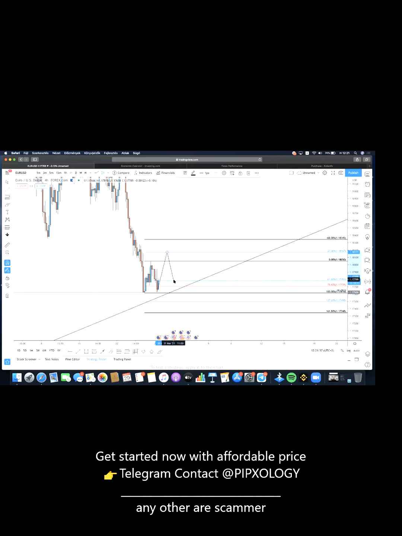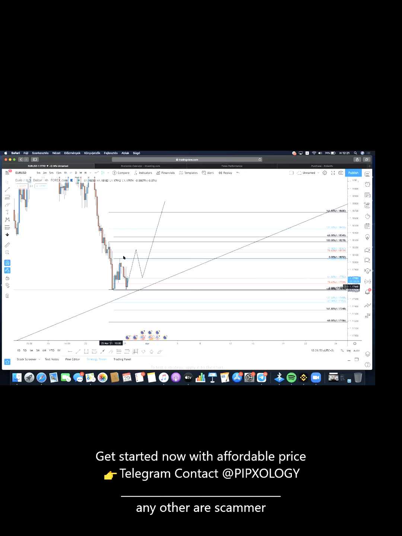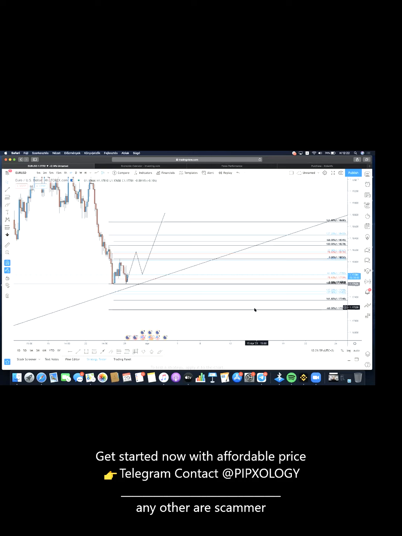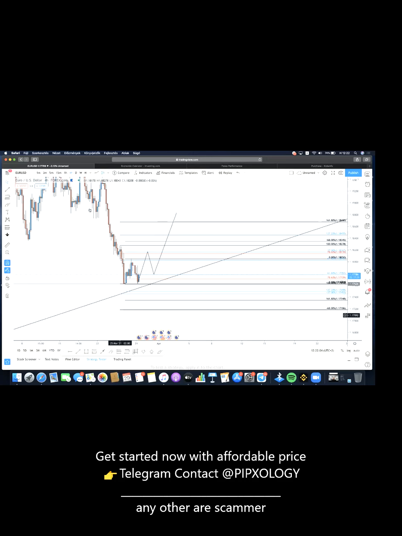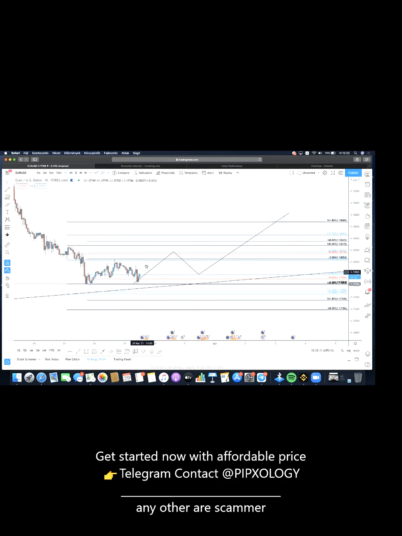I will wait for a pullback and I'm looking to take a long. If it still closes below the last lower high level, I think it's still possible to continue to the downside. You can see on the last Fibo, from the higher low, the price came back to the 78.60 level, and the minus 27 is a little bit lower and also matches with the 127 level. So on EUR/USD, I have these two scenarios. The first one, if it starts pushing